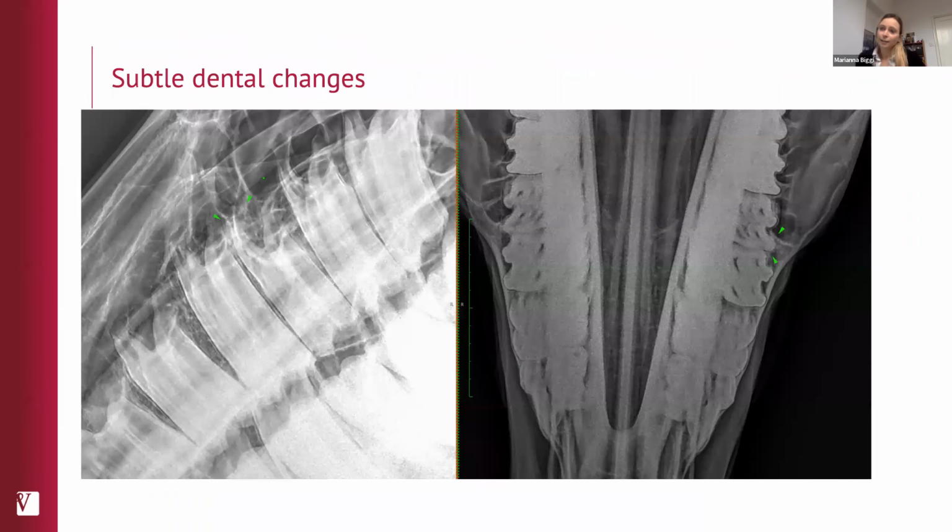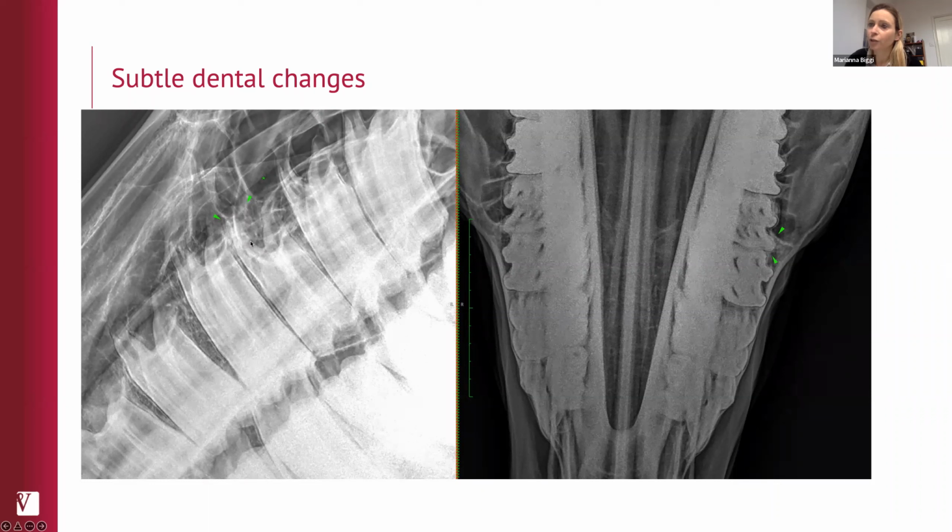This is one of those cases that, when I read it, I find quite challenging, because you do see changes which are suggestive of infection, but you are not quite sure if those are enough to justify extraction of that particular tooth, and then you wonder, would CT show me something else? So if we go look at this 09 tooth, we can see that on the mesial root,